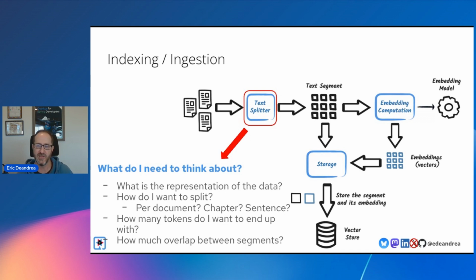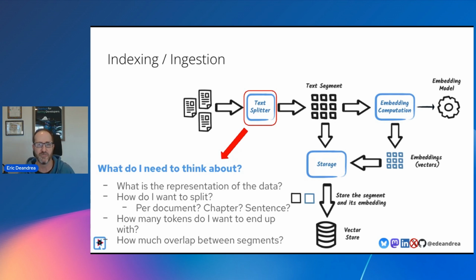Because at the end of the day, when you think about how these language models work, each of the data that's fed into it needs to be tokenized, and it gets split up into a set of tokens. And with these tokens, you need to figure out how much overlap you have. So if you think about a paragraph with a sentence, maybe you want a couple of tokens overlap. That way, if you search for something, it responds with both sentences because the sentences might overlap a little bit. So there's lots of different ways to do it.